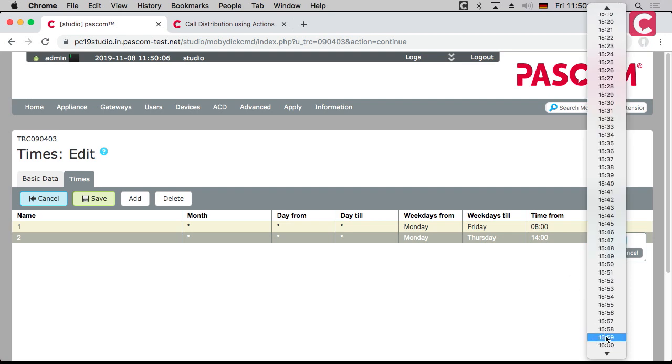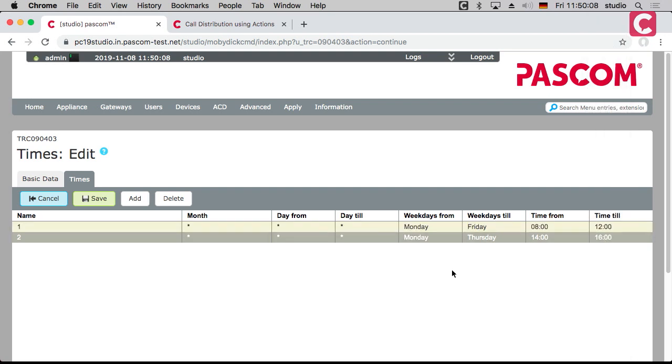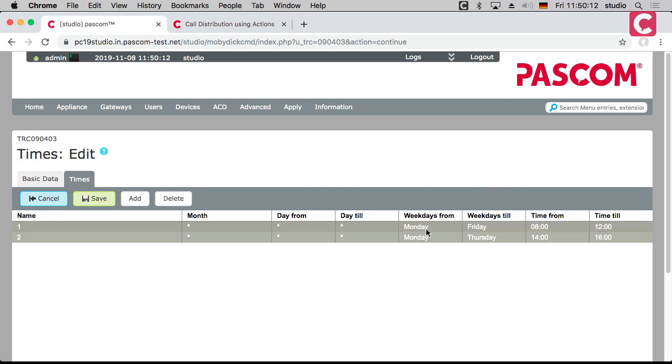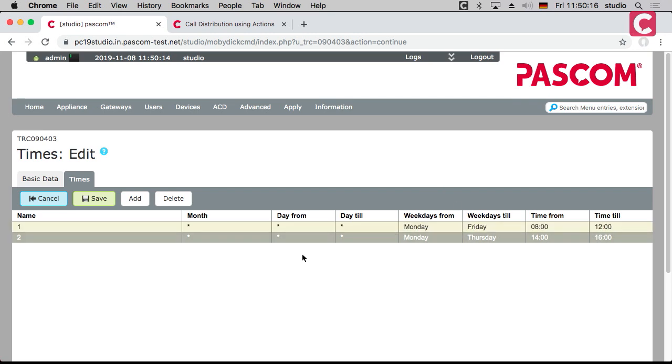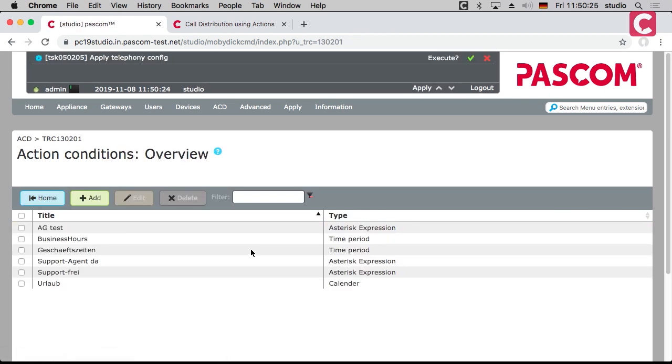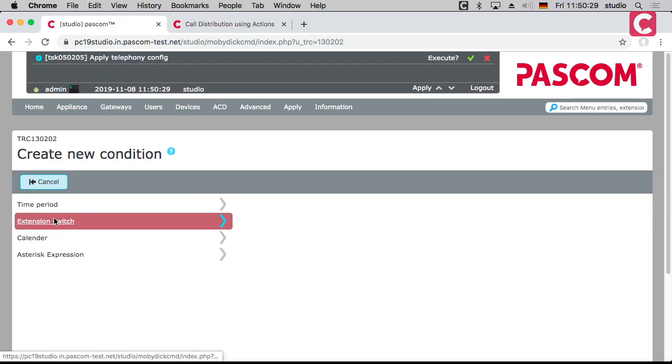This is also a very long list, and thankfully you can just type. That's easy. I just make the most common example with a lunch break, but you could go very weird with whatever fancy times you want. But no, we're doing nice and simple, morning and afternoon. That's it. Then we add another one,